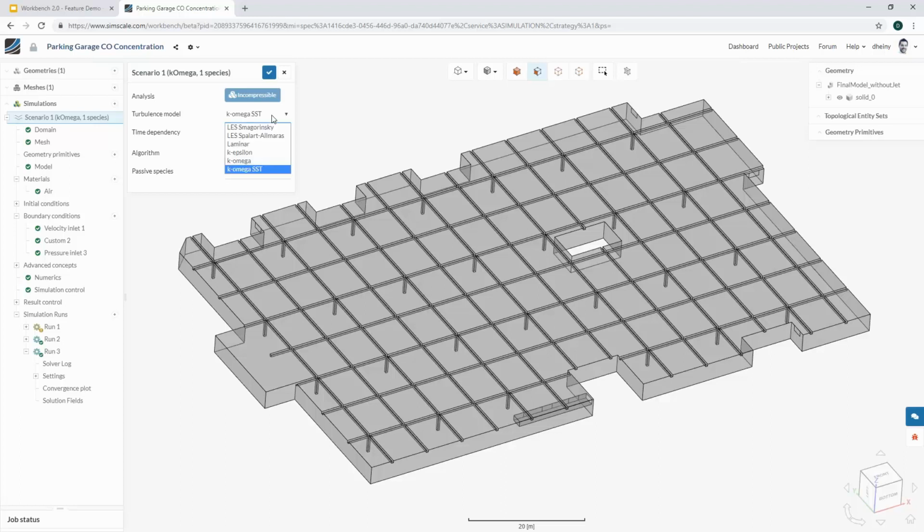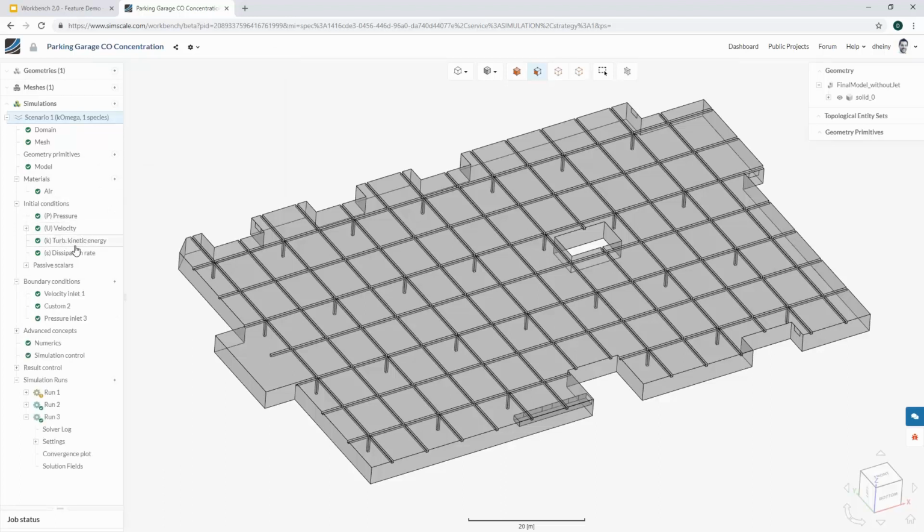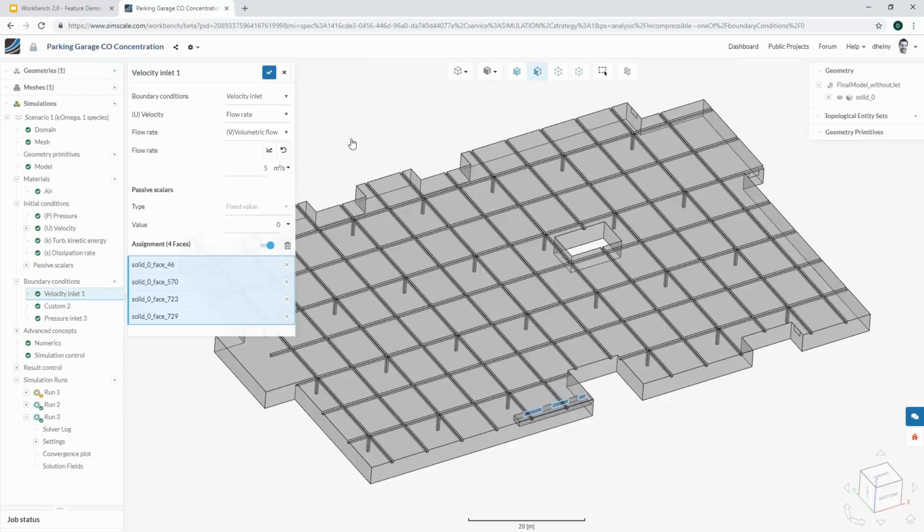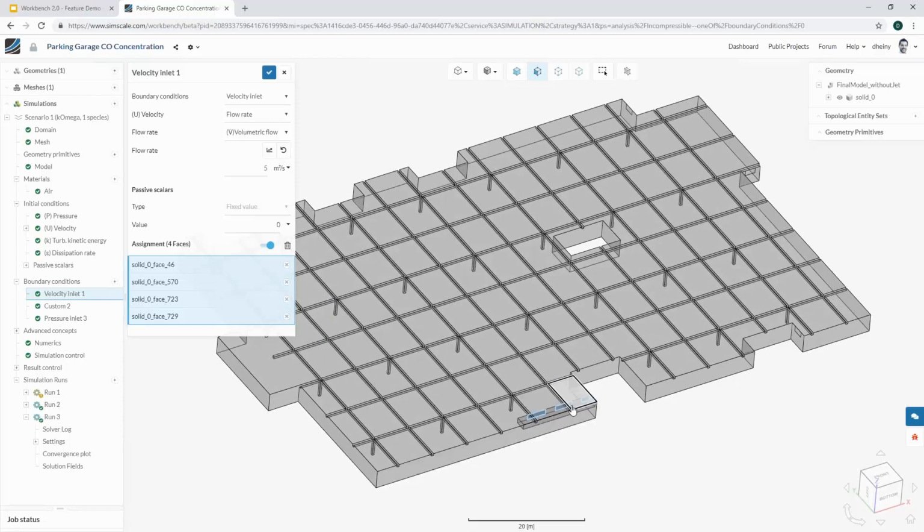In the old workbench, if I would have done that, all settings of my simulation setup would basically snap back, right? Because it would have been treated as a completely new simulation. Now with the new user interface, I can just do that, and nothing changes, right? So literally no assignment here on the left has changed. I can see that new physical quantities are being propagated inside the simulation tree, so I might need to revisit them, right? But everything else, so say, velocity inlet or boundary conditions assignment, I can see all of this is